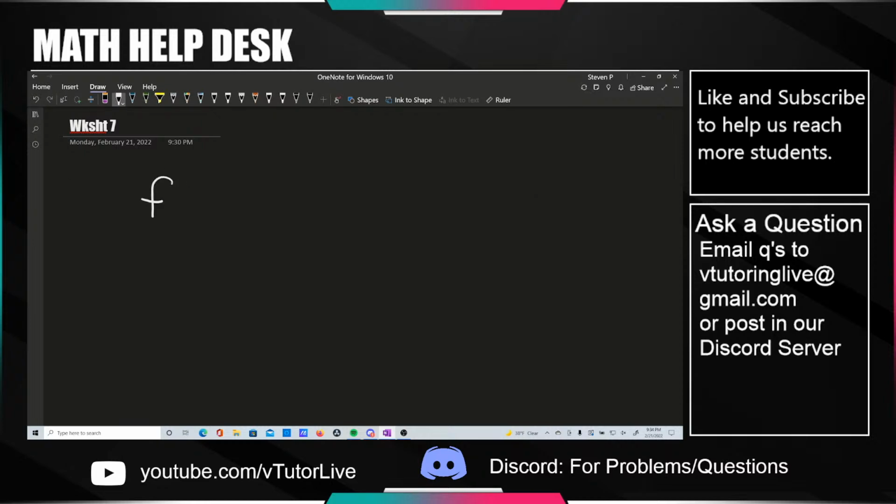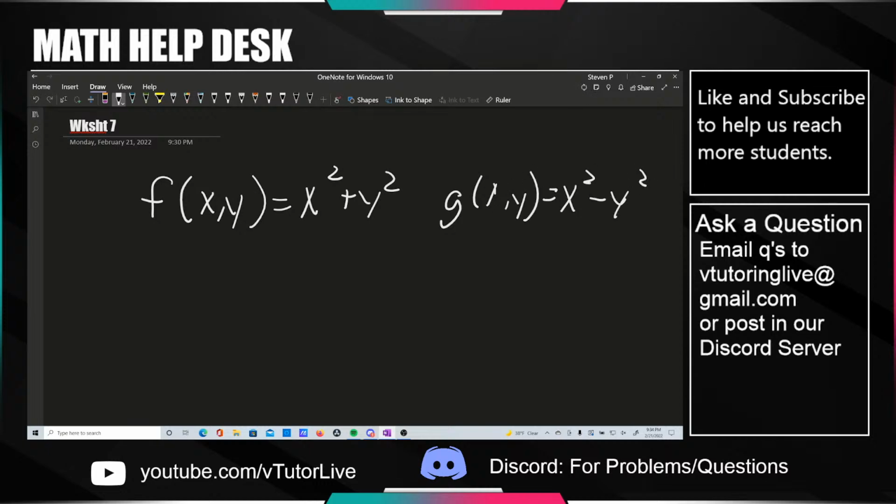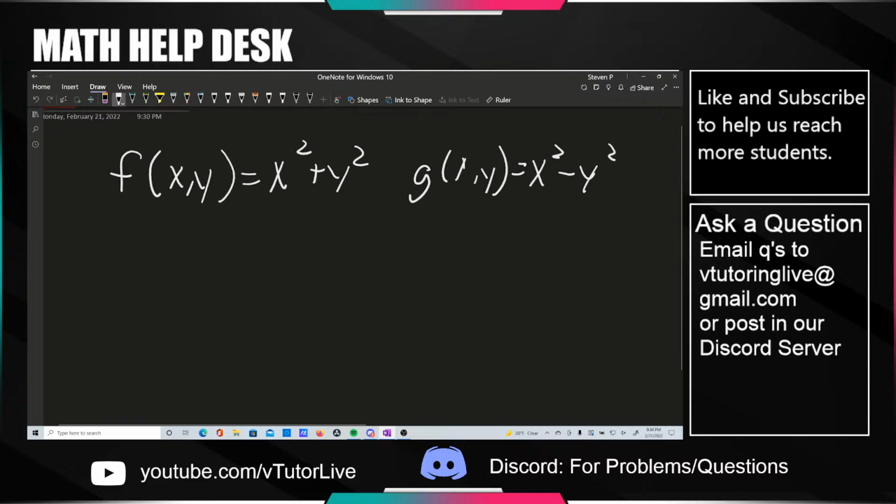So we've got two functions. One is f of x, y is equal to x squared plus y squared, and the other one is g of x, y is equal to x squared minus y squared. And what do we have here? So we've talked about these